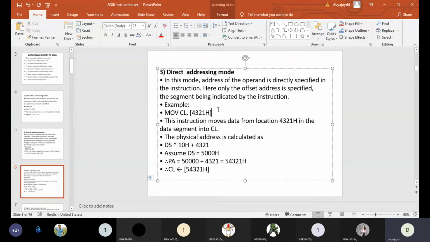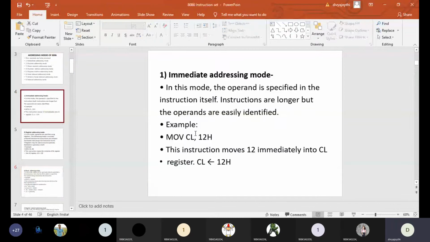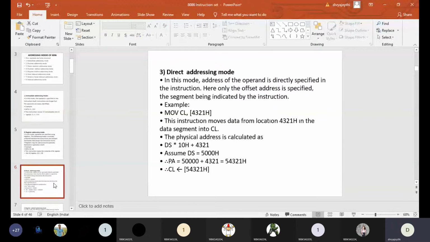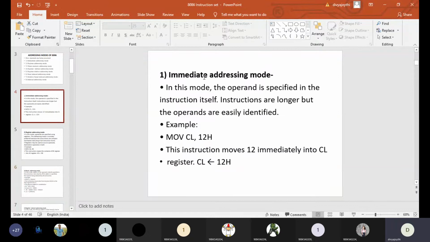If you see the difference between direct addressing mode and immediate addressing mode, in the instruction you can see a number. In both immediate addressing as well as direct addressing, within the instruction itself you can see the number, but in immediate addressing mode the number is alone, it is not present within the braces. When it is not within the braces, you can consider this as direct data. That means data is directly specified in the instruction.